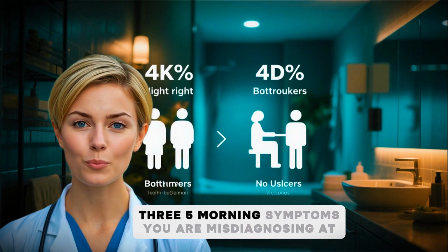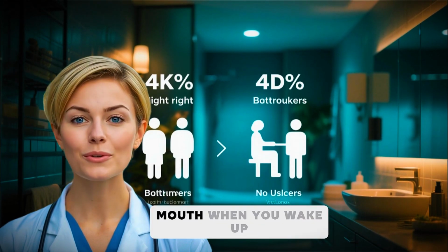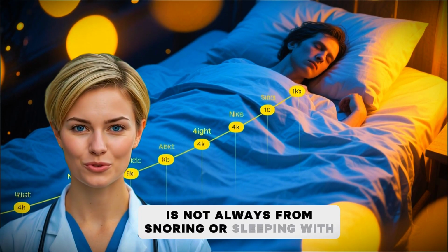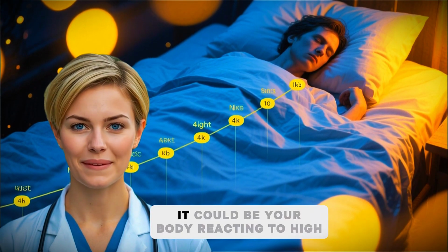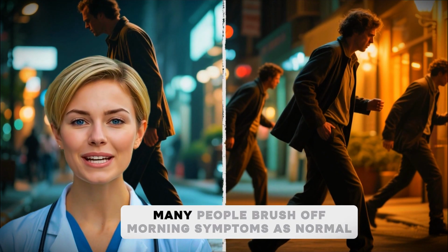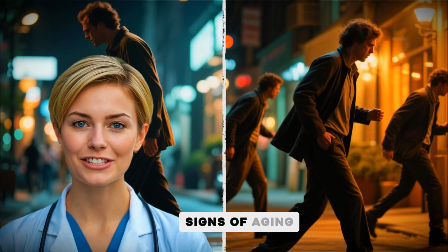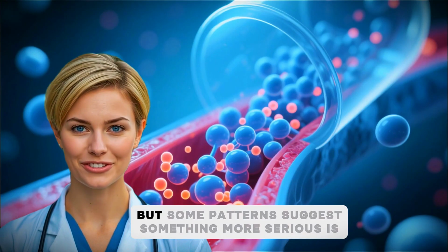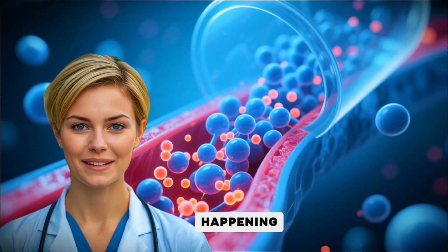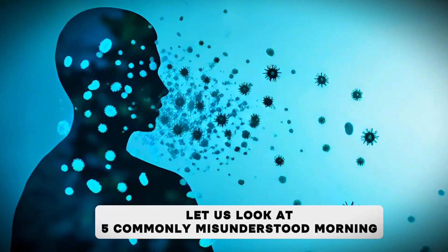Studies show people who wake to urinate 3 or more times nightly face an 89% higher risk of prediabetes compared to those sleeping through. The frequency increases gradually, first once a night, then twice, until waking 4 or 5 times becomes routine. Unlike waking once due to a full bladder before bed, this pattern involves urgently needing to go again hours earlier than morning. Your body is not just eliminating nighttime fluids, it is responding to persistently high glucose levels